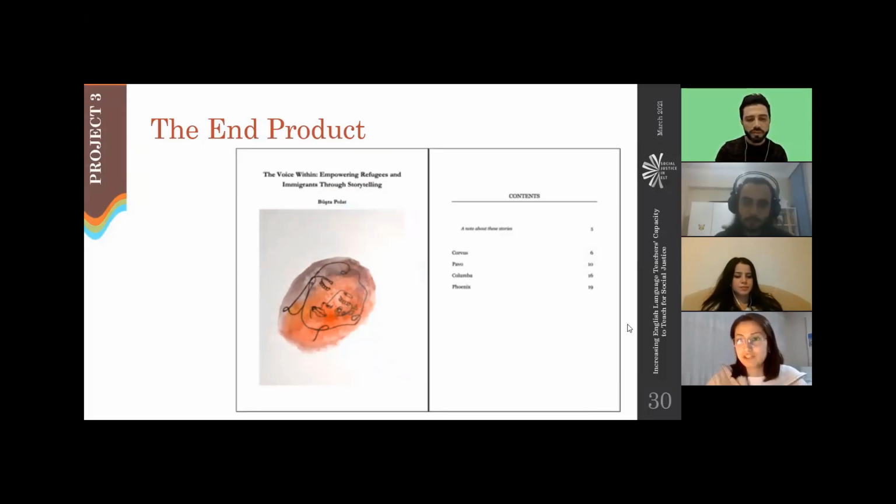As I mentioned before, these women were scared of revealing their stories, so I promised them that I was going to keep their identity as a secret. So instead of revealing their names, I chose to use constellation names because I believe their stories were like stories of survivors. I saw them as warriors, so I chose Corvus, Pavo, Columba, and Phoenix because I believe they were stars that shine through at the end of the day against their battle.